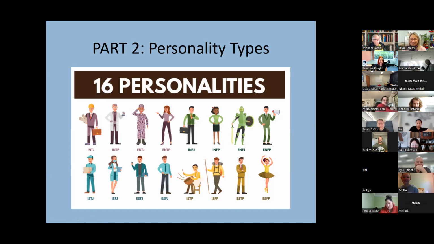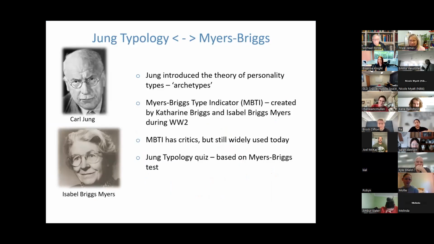Okay, so a little bit of history to start us off. This version that we're going to be using is a Jung typology, but you might have also heard of it as the Myers-Briggs. Carl Jung introduced the theory of personality types or archetypes originally. And then from there, the Myers-Briggs Type Indicator, which you might have heard of before, lots of workplaces use this, or it might be referred to as the MBTI, was created by Katharine Briggs and Isabel Briggs Myers, which was